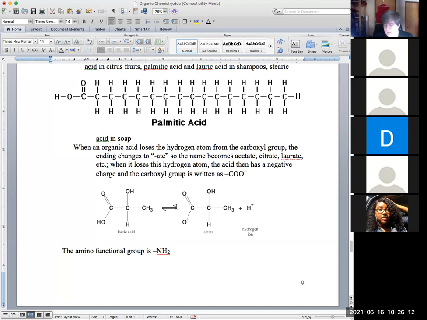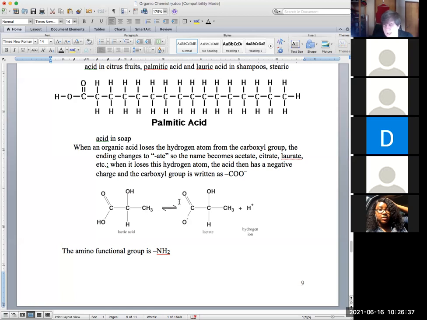The reactants can make the products, but under the right conditions, the products can make the reactants. So notice here we have half of the arrow going from the reactant, lactic acid, to the product, lactate. But another half of the arrow is going from the product, lactate, back to the reactant, lactic acid. So this is a reversible